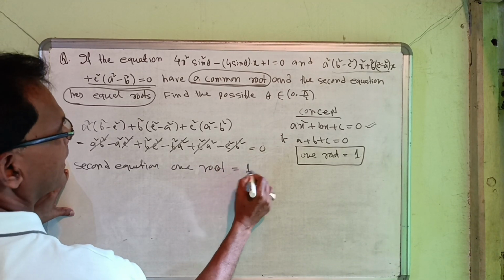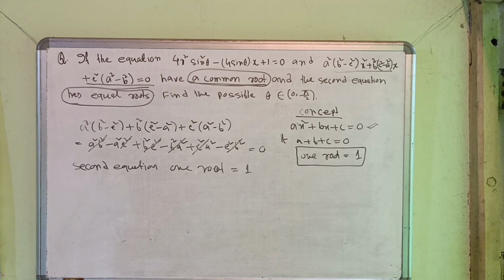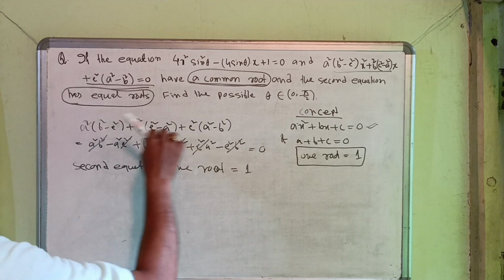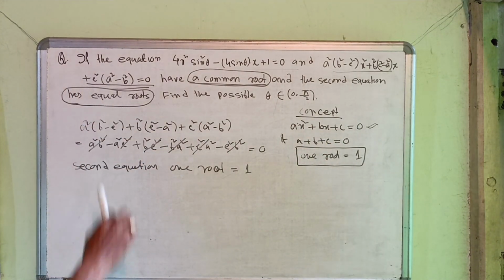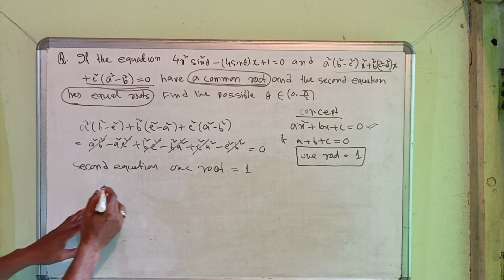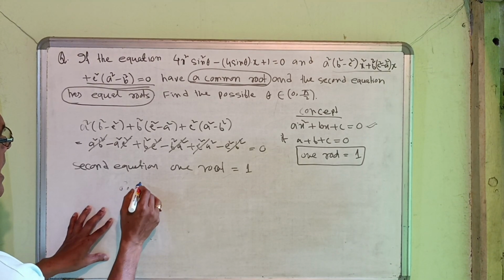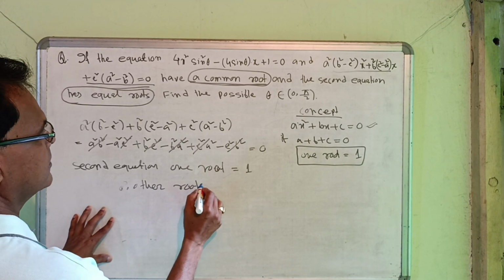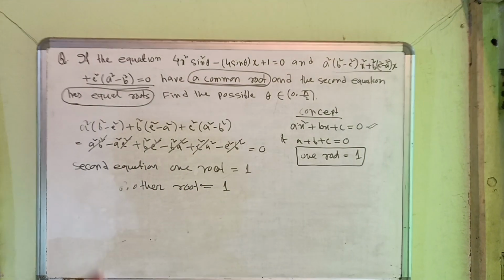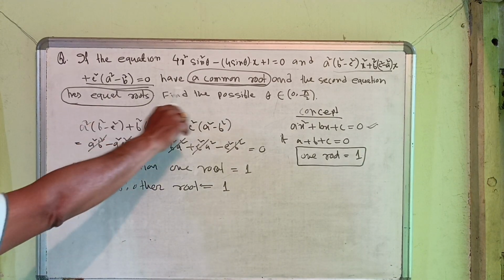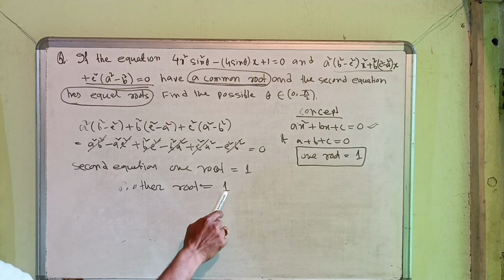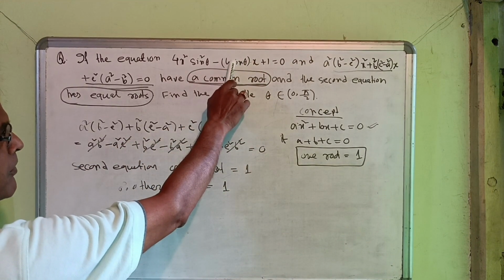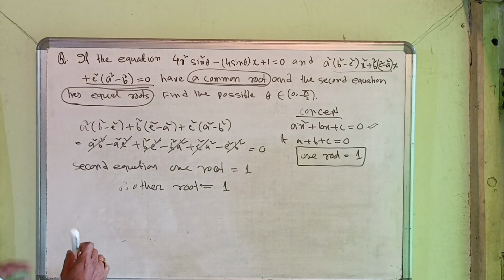Again it is said that the second equation has equal roots. Therefore the other root is equal to 1. That means the second equation has two roots, both equal, that is 1 and 1. So the root 1 is common to the first equation, so 1 satisfies this equation. Therefore we get